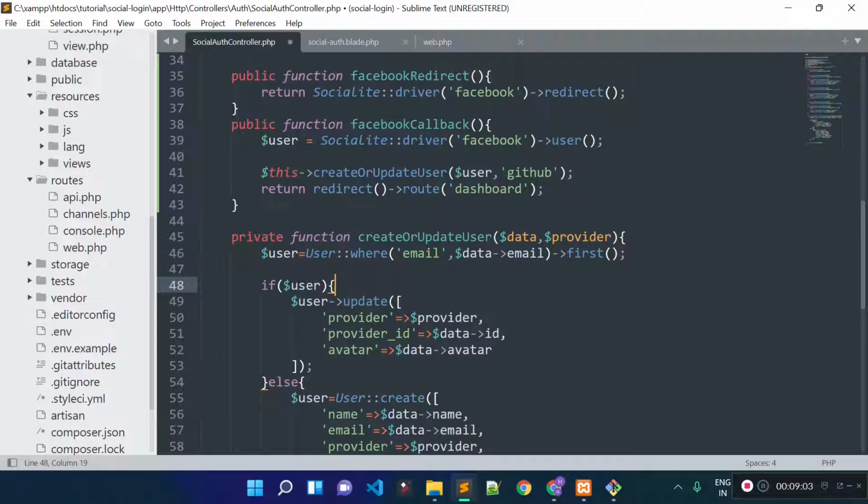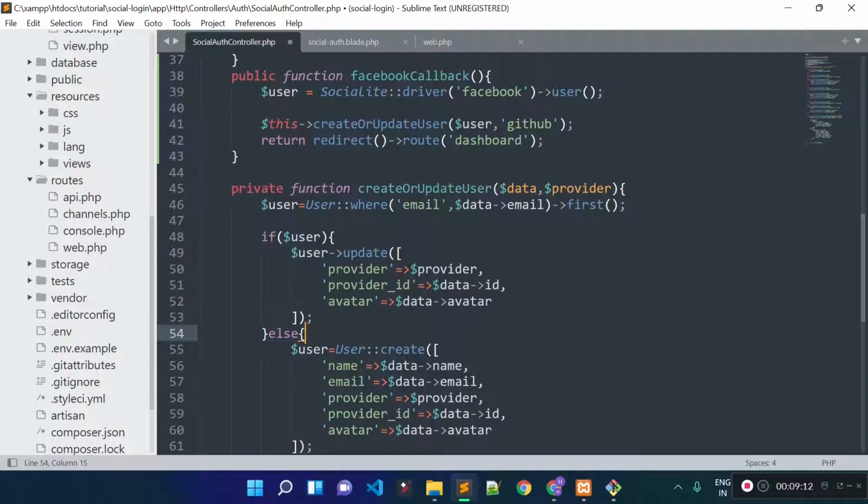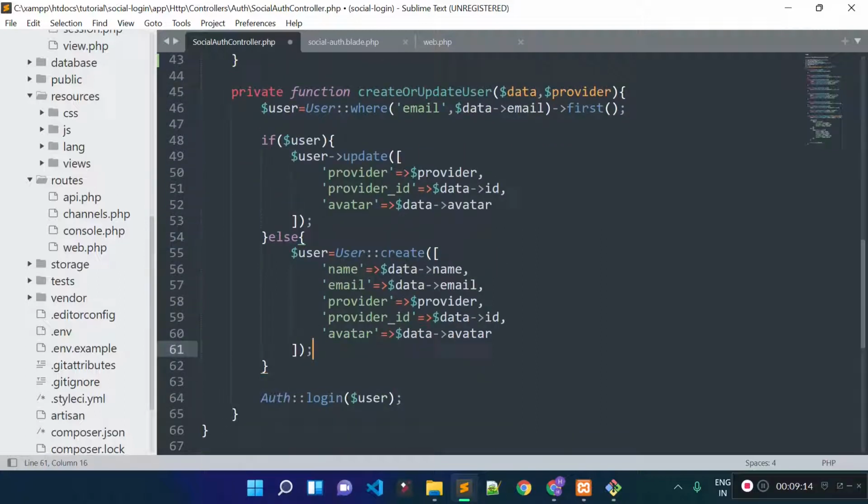That's why if any record is found with the email address, then we are updating the user's data, and if no user is found, then we are inserting user data into the users table with the help of the user model's create method.